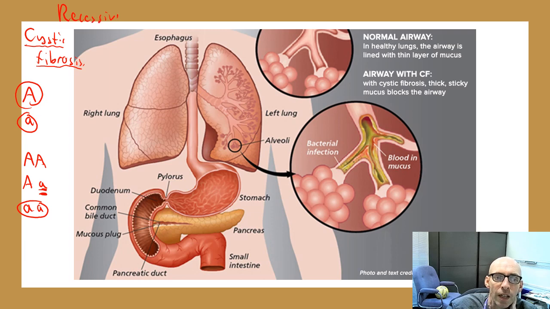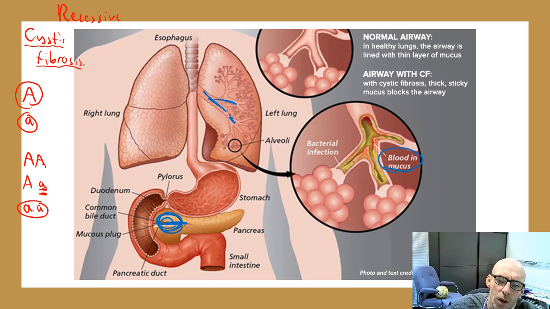So you've got one example that you had to know for a dominant disease, that was polydactyly, and now you've got one example, cystic fibrosis. What does cystic fibrosis actually mean for you in your everyday life? It means that your pancreas here gets blocked with mucus, and your airways, your lungs, get blocked with mucus.